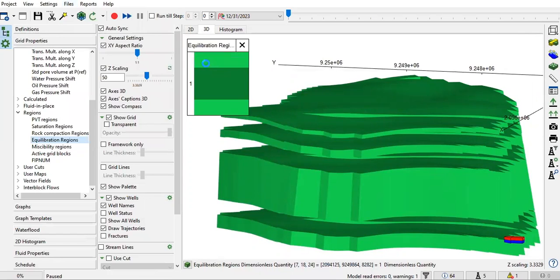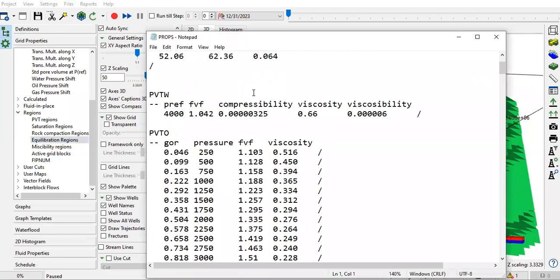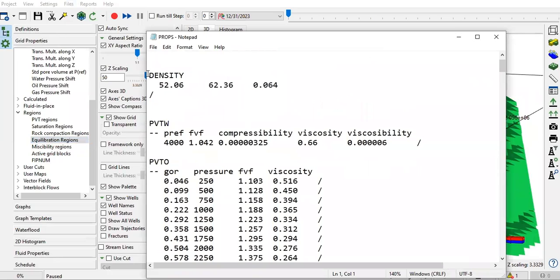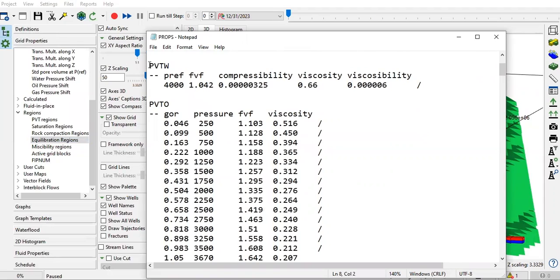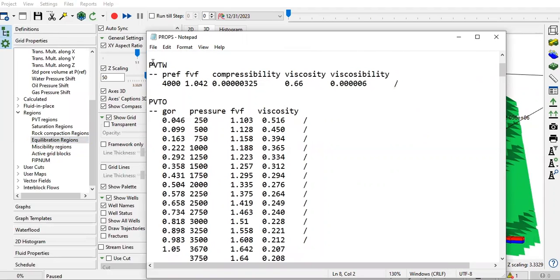props. This is very important. Okay, so let's check it out. You need to define the density. And then this is the basic PVT for water,